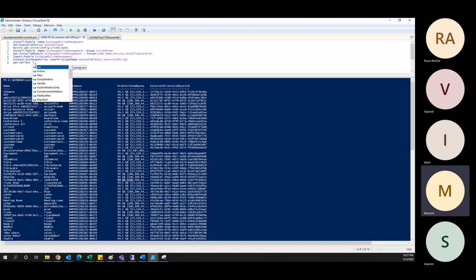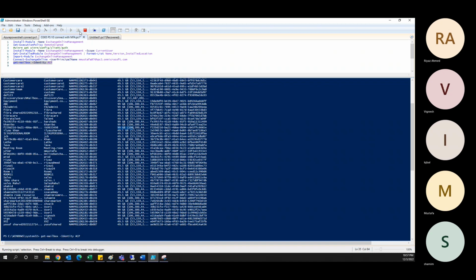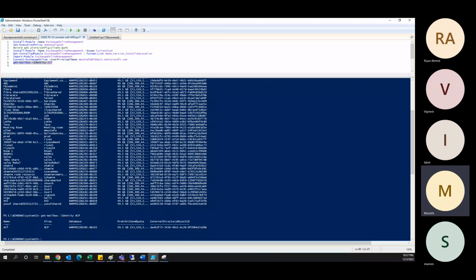ठीक है, और इसमें तुम अगर चाहो तो you can use, देखो सिर्फ एक नाम ढूंढना है, सारे मेल बॉक्स नहीं ढूंढना है। तो यहाँ पर नेम का पैरामीटर मैं लूँगा। लेट मी सी। हाँ, so Get-Mailbox -Identity and I will say AC। So it will give all the information of the name with AC। ठीक है,